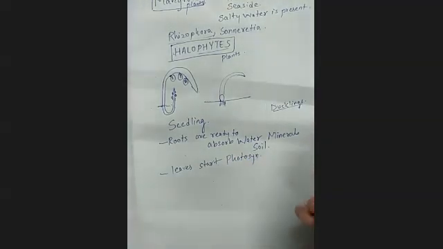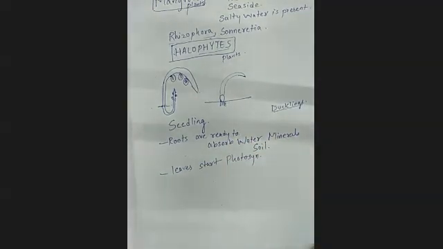Till then, that particular plant is called a seedling. That means the germination process has ended. The plant is completely independent now. It is not depending on the endosperm. It is not depending on the food which is stored in the seeds. Now it can synthesize its own food, and that stage is called seedling. Is it clear to you?